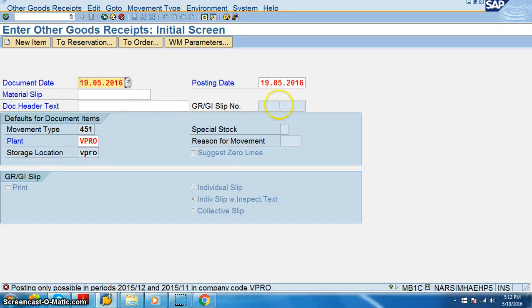Okay, so the posting dates are restricted. Actually, we need to extend the posting dates for 2015 because for VPRO we have only that particular fiscal year, I believe. We need to maintain for 2016 as well.